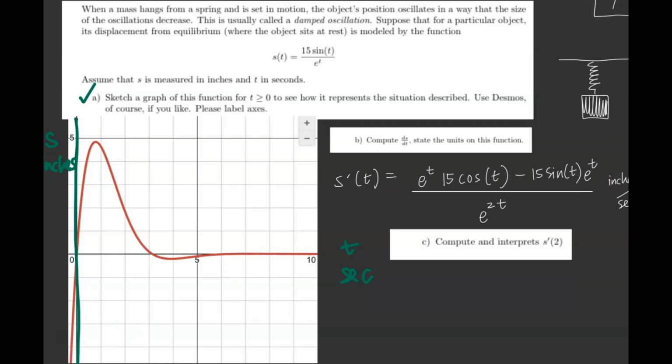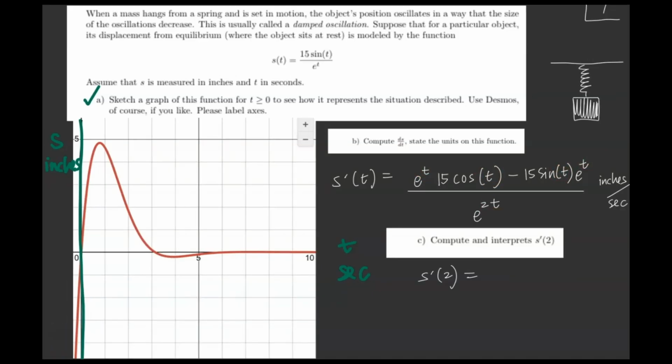Last question on this problem is to compute and interpret s prime of 2. So for s prime of 2, wherever there's a t, we'll stick a 2 in, and we'll let Desmos do all of this for us. I just found that s prime of 2 is negative 2.6907. So the way that we would interpret this, and this is one of the most important parts of the problem, is we would say this: